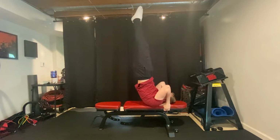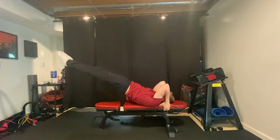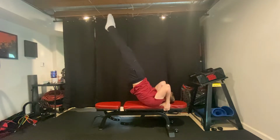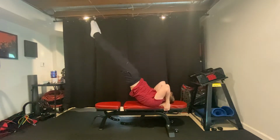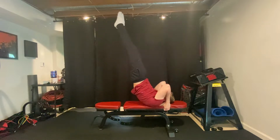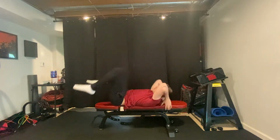Your upper back should be the only part of the body that should be in contact with the bench, with the floor, whatever surface that you're laying on. From this point, you slowly lower yourself till you're about 30 degrees off of the ground, and then you raise yourself back up to the starting position. So I know that this might look easy, it might seem like a simple concept, just raise your legs straight up, down, back up, but I promise you it is a lot harder than it looks,